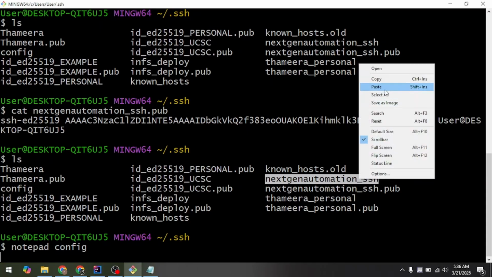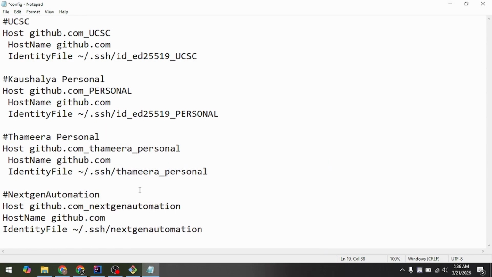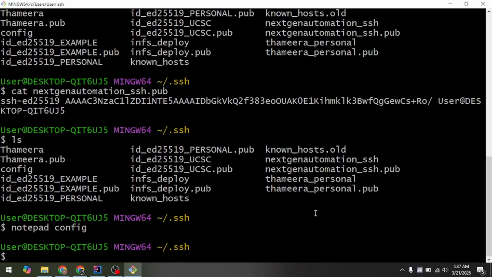I just copy it and paste it here. Okay, so now I need to save my config file and close it. Now the connection between your local machine and your remote repository is okay. So what you need to do is